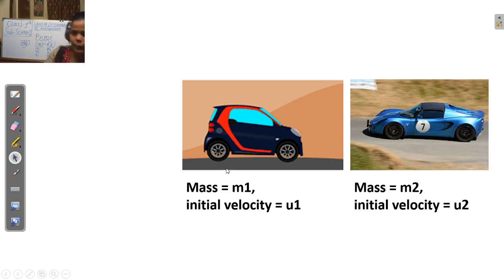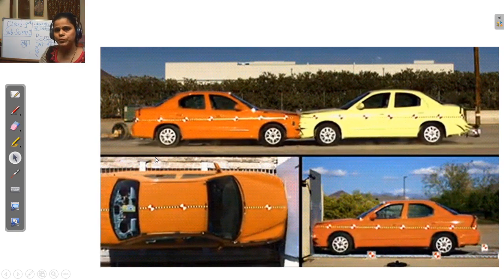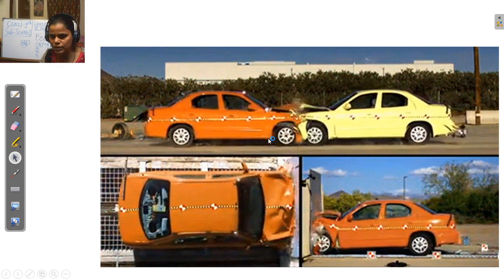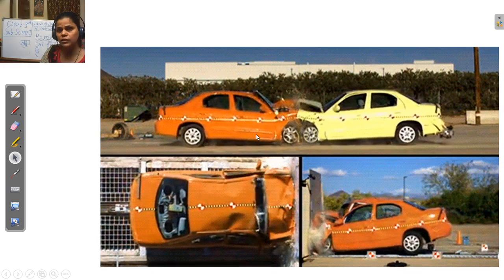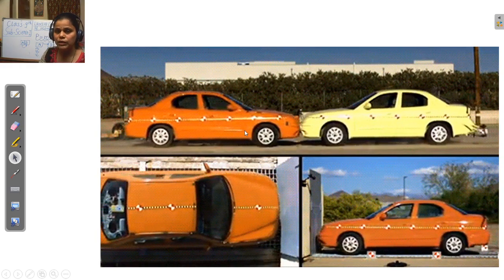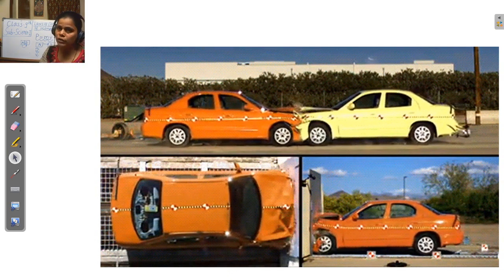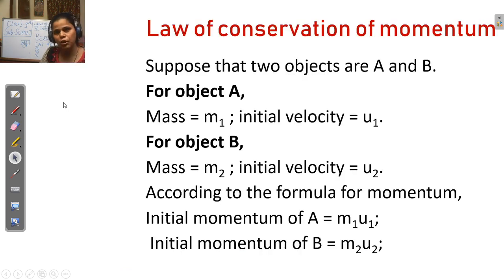Again I repeat it. Suppose two objects here have the mass m1 and m2, initial velocity u1 and u2. Assume both objects collide with each other. You can see here two cars, 1 and 2. When they collide with each other, obviously their final velocity will change, maybe increase or decrease. Okay, so to prove this law, we have to